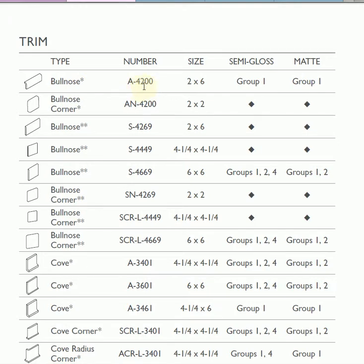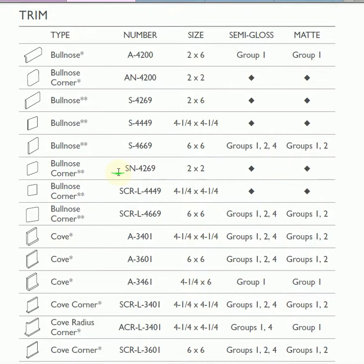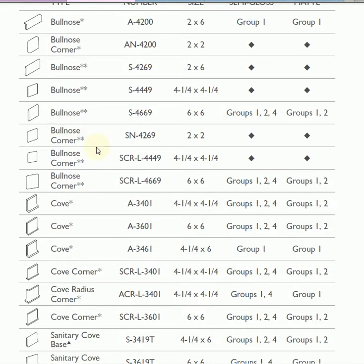We call it a 4200, and that would be for a thick set application. More commonly used these days is the surface bull nose, or 4269. But you can see just in this one particular tile series, look at all of the options for bull nose that you have. And then when it comes to coved base, what a cove means is that the bottom of